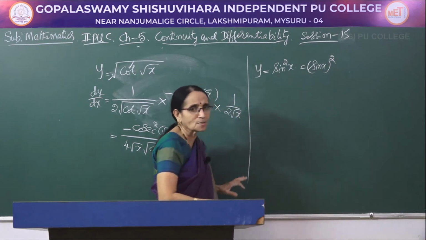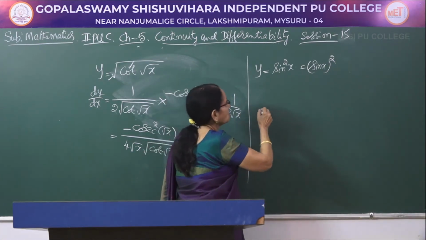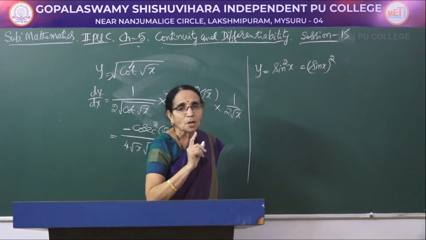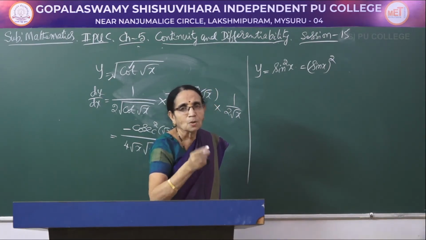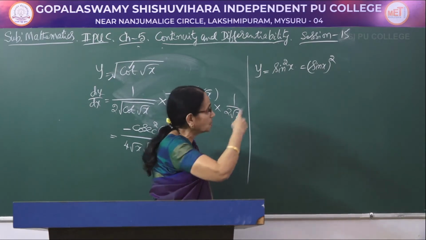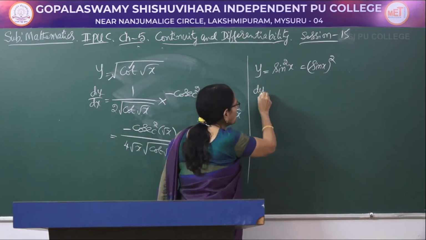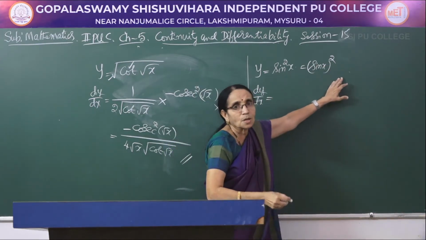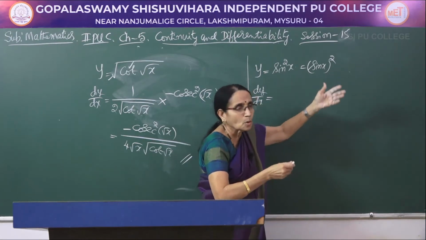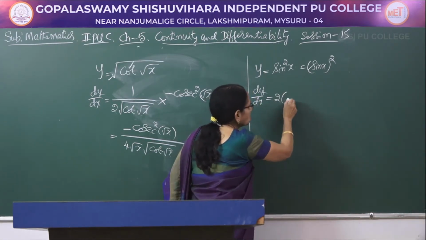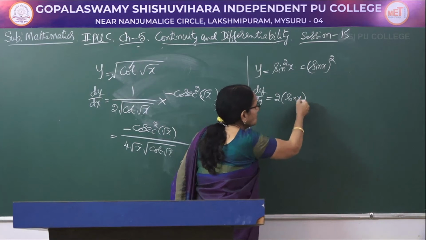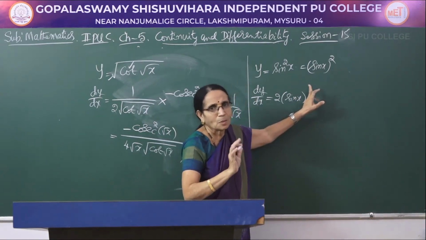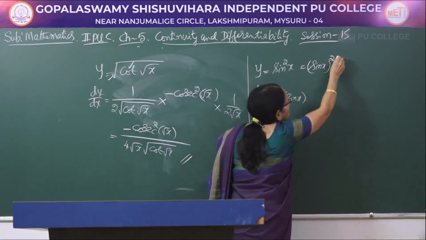It can be written like this, sin x the whole square. Now here what is the power? Power is 2, index is 2. So it is of the form x to the power n. So first you have to give that importance to that one. So when you differentiate with respect to x here, it is x square, how do you write? 2 into x. So sin x whole square, how do you write? n into x to the power n minus 1. 2 into sin x to the power 2 minus 1, 1. I am not writing that one. So this part is over.